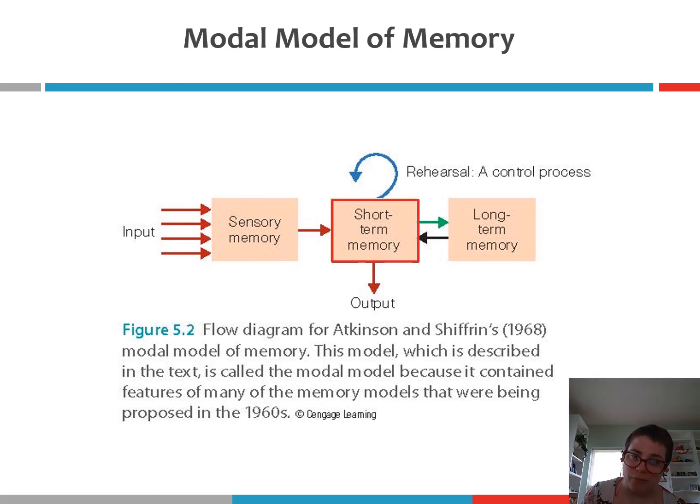And then whatever information you pay attention to or deem to be important is transferred to short-term memory. But the capacity of short-term memory is extremely limited in that it can only hold between 4 and 7 units of information. And that information is only going to stay in your short-term memory for around 20 to 30 seconds